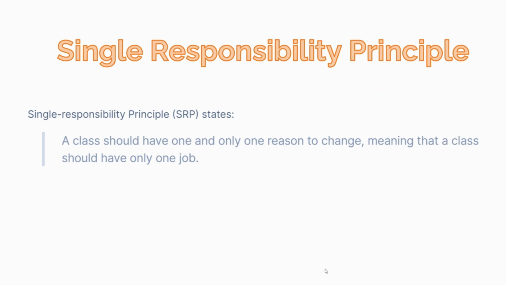So, talking about SOLID principles, let us begin with the single responsibility principle. As we might expect, the principle states that a class should have only one responsibility. Furthermore, it should only have one reason to change. To state this principle more technically, only one potential change in the software specifications should be able to affect the